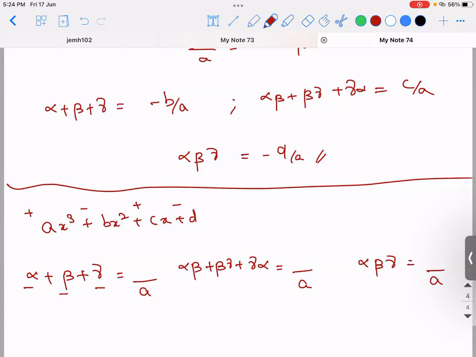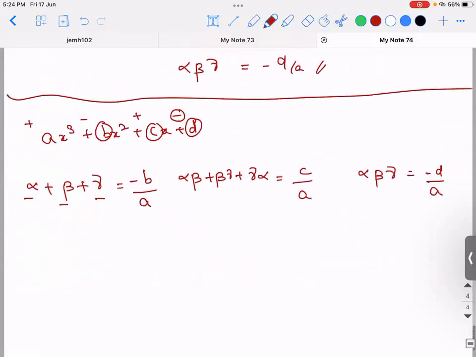Done? So forget the first term. So alpha plus beta plus gamma, start from here. You'll write a B, but what is B having? Minus. Alpha beta plus beta gamma plus gamma alpha. This will be there. What is C having? Plus. Alpha beta gamma. It is D. What is D having? Are you able to understand? Like this, for example,